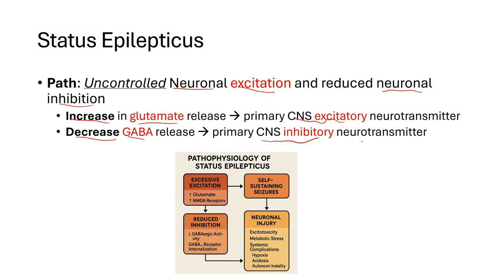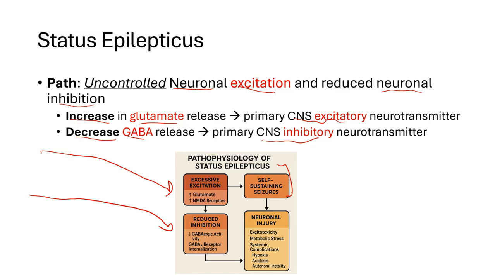Now, prolonged seizure activity leads to metabolic stress and neuronal injury. Excessive calcium influx, mitochondrial dysfunction, and even oxidative stress contribute to excitotoxicity, damaging neurons. We can see this in the diagram below as we have an increase in glutamate release and a decrease in GABAergic activity. This leads to self-sustaining seizures, but systemically, SE can cause a multitude of different problems, such as hypoxia,